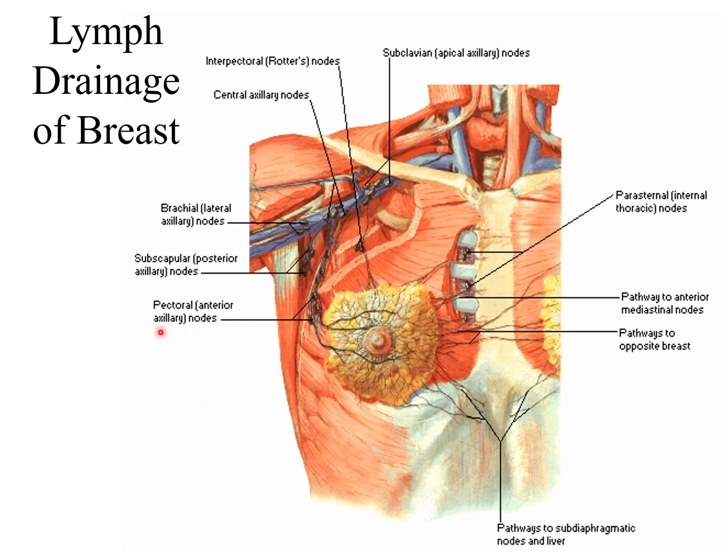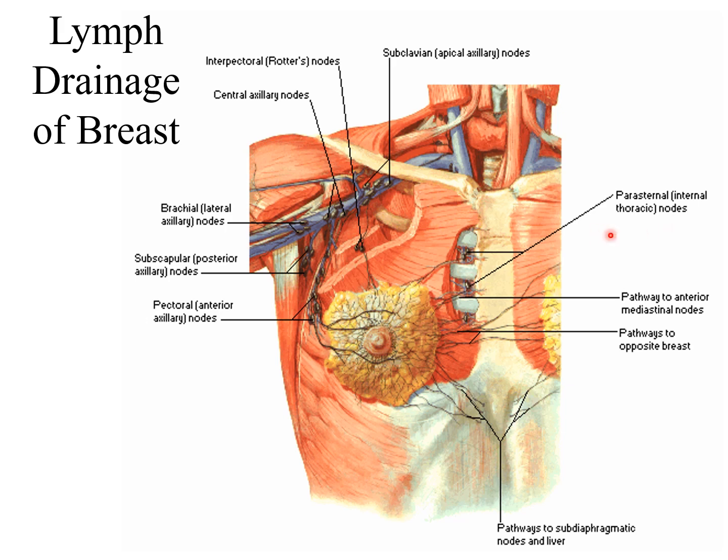which are the pectoral or anterior group, and the anterior group will go to the central axillary lymph nodes, and ultimately they will drain into the apical group of lymph nodes. So from the lateral quadrant to the pectoral or anterior group of axillary lymph nodes, from anterior to the central, and from central to the apical. The medial half is, as we know, the parasternal or internal thoracic nodes.